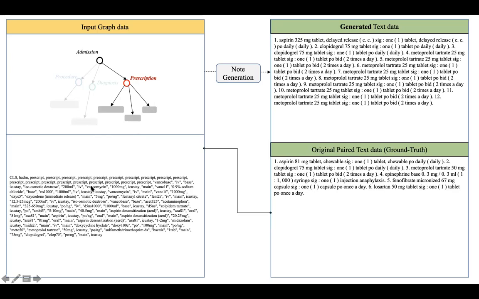So the patient was prescribed vancomycin, vancomycin 1,000 milligram, and oxycodone, fentanyl citrate. What else? Isoosmotic dextrose, vancobase, acetaminophen, zolpidem, whatever. There are at least dozens of medications here, and the original matching text, the original discharge medication subpart of the